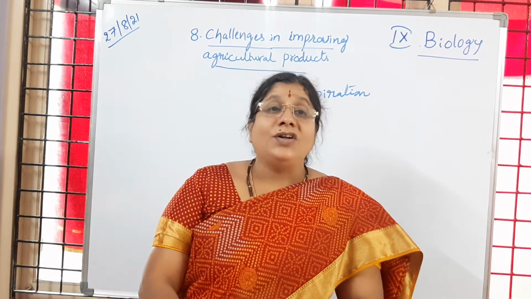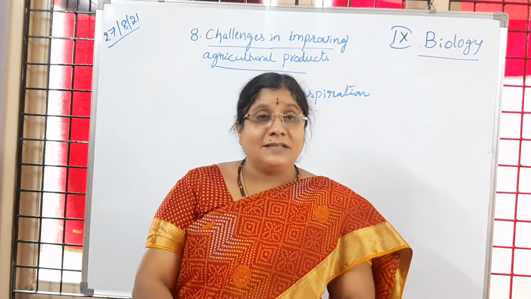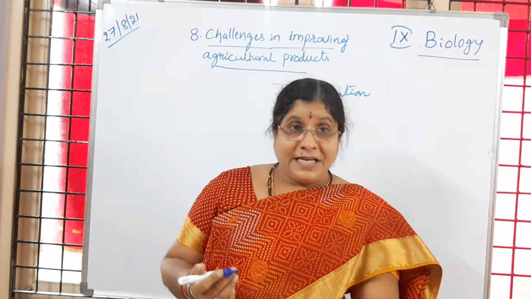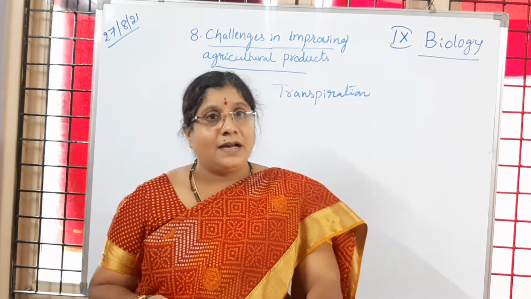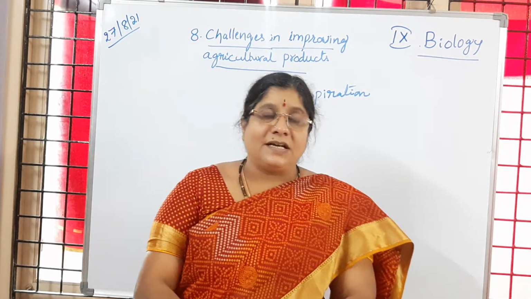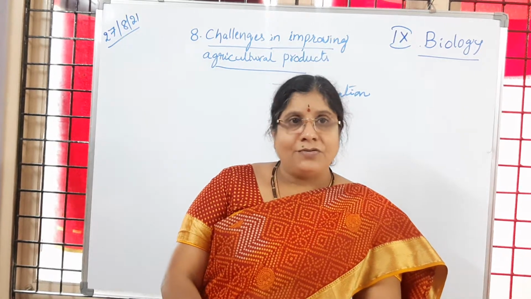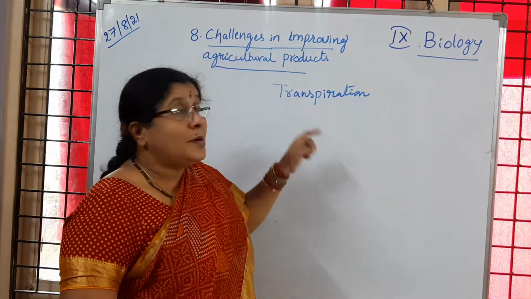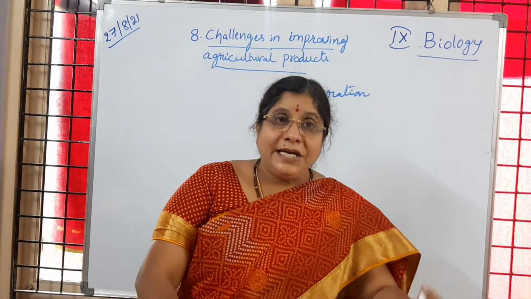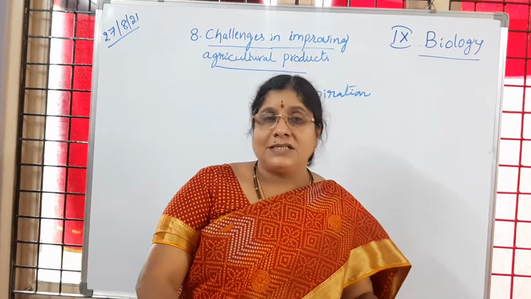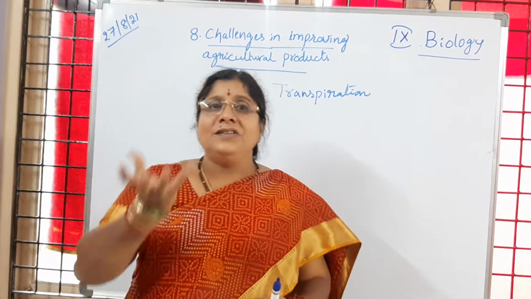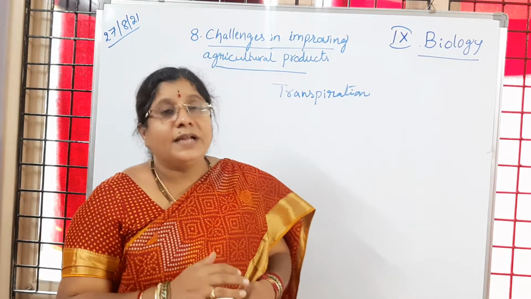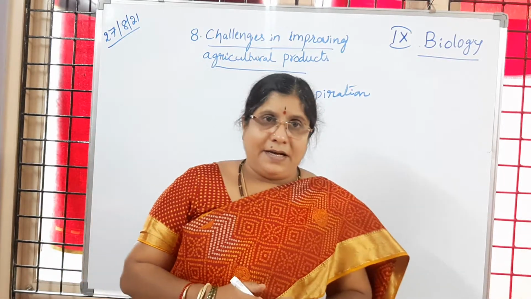Is it clear to you? In tall trees, we have many fruit yielding trees, like the guava tree and the mango tree. Is it not, children? So how are all these trees supplied with water, that we have to know now. That is because of transpiration. Is it clear to you? So some amount of water is getting out of the leaves through stomata. As you know, that process is called transpiration. So it helps in pulling the water in the upward direction, and that water is supplied to the leaves where the process of photosynthesis is going to happen. Is it clear to children?